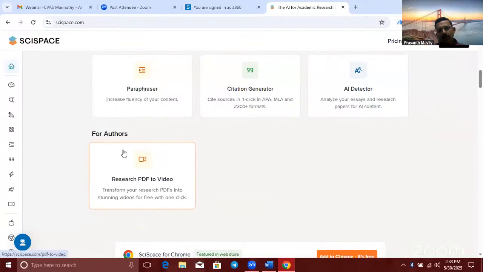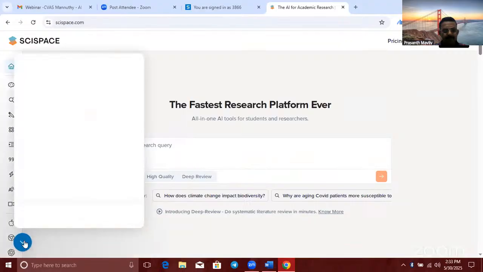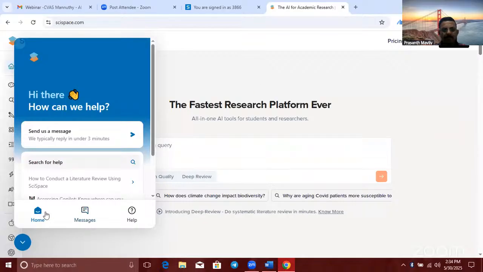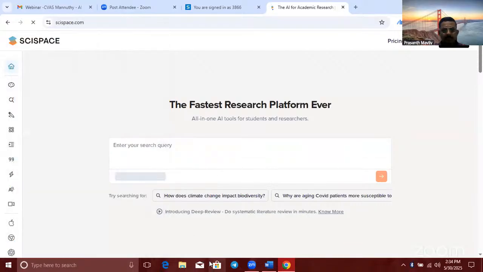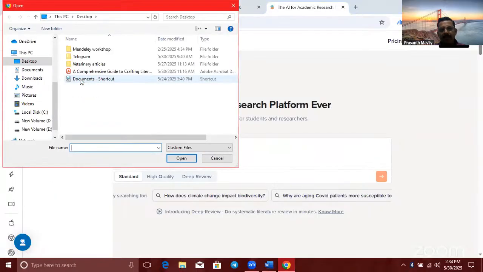Another important thing is that we can convert the PDF into video and slides within seconds. I'll show you, we'll go directly to that. See, we can upload a PDF here.